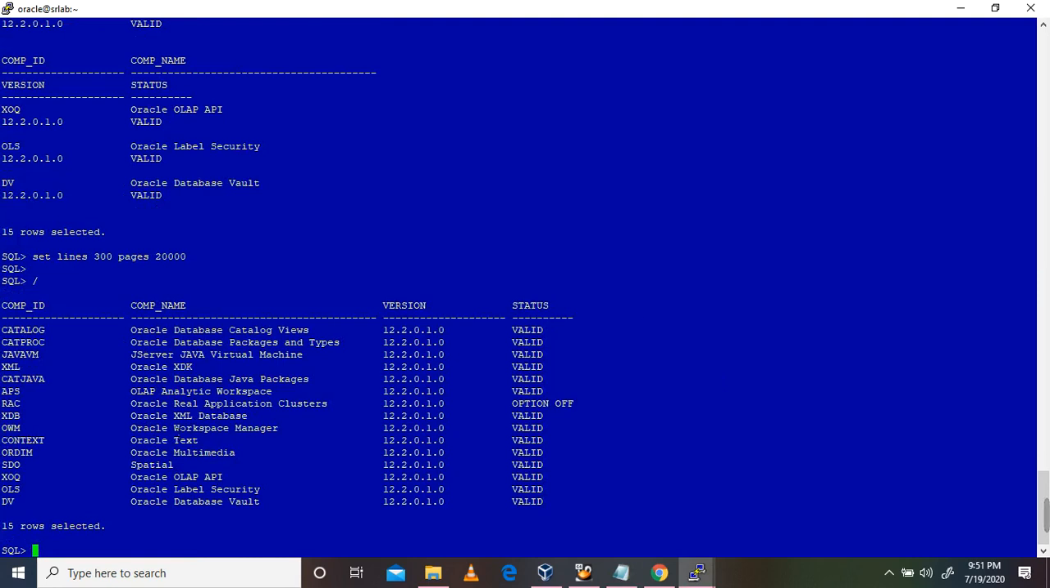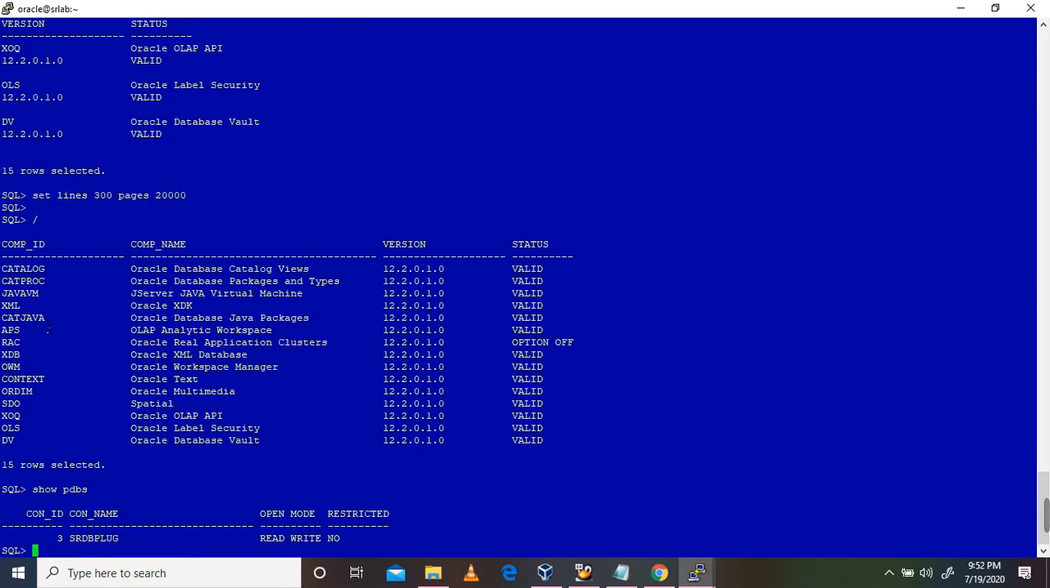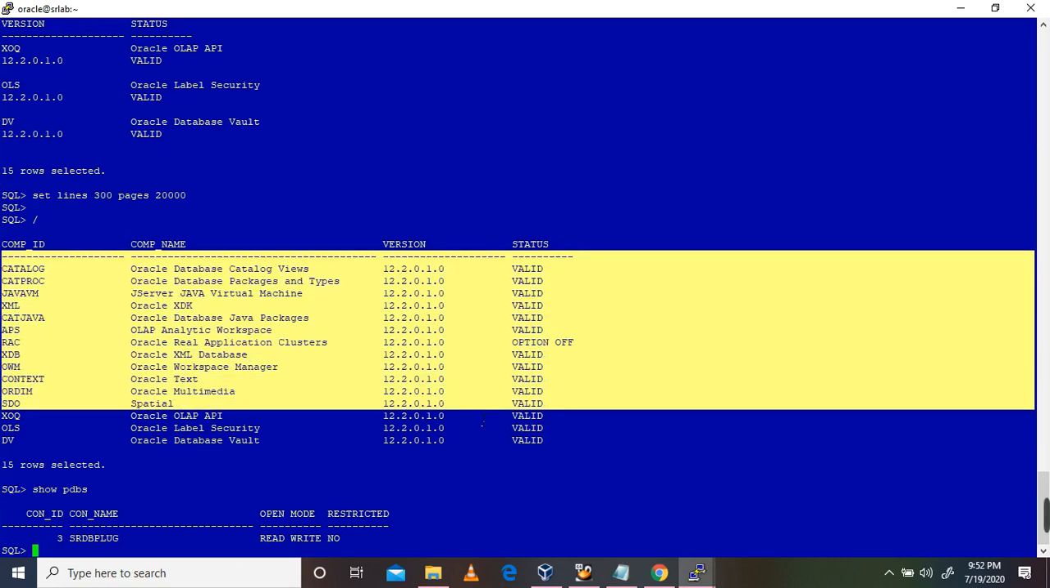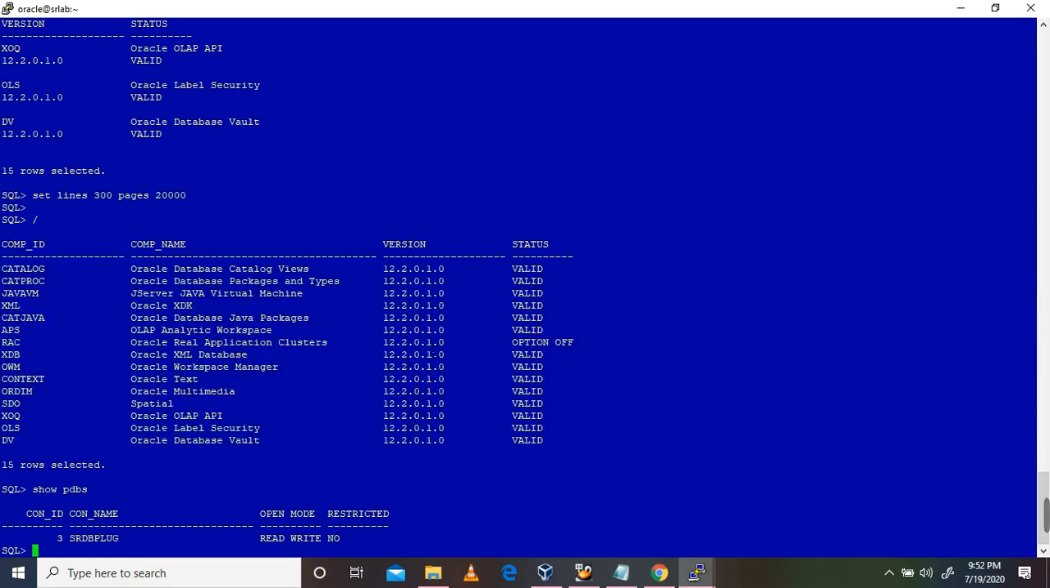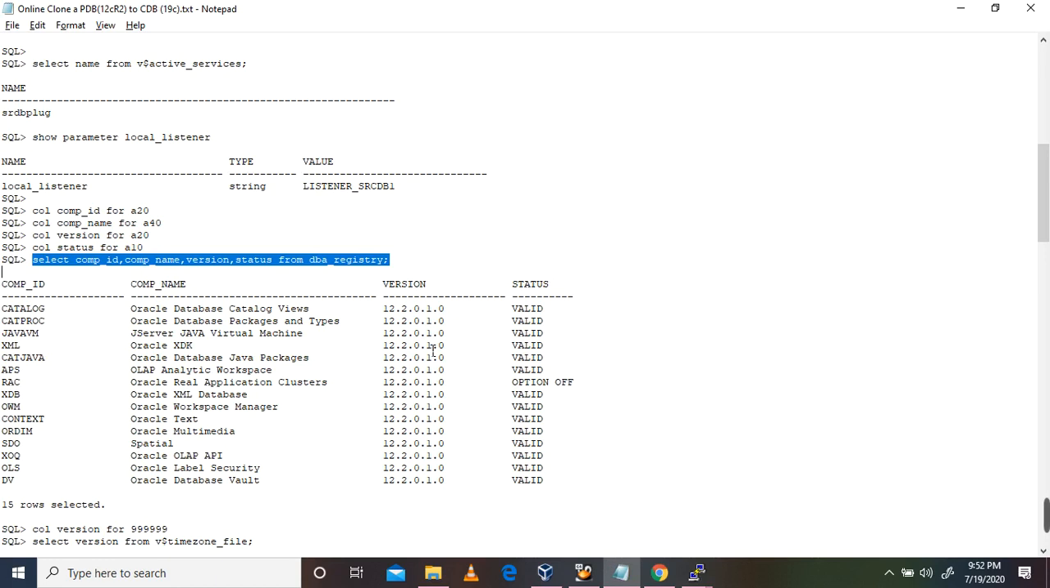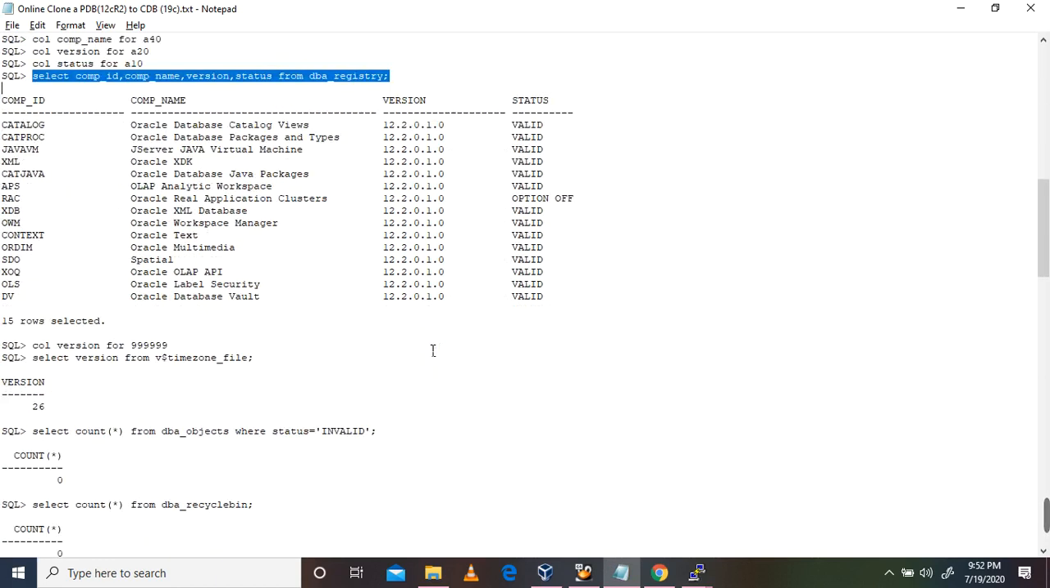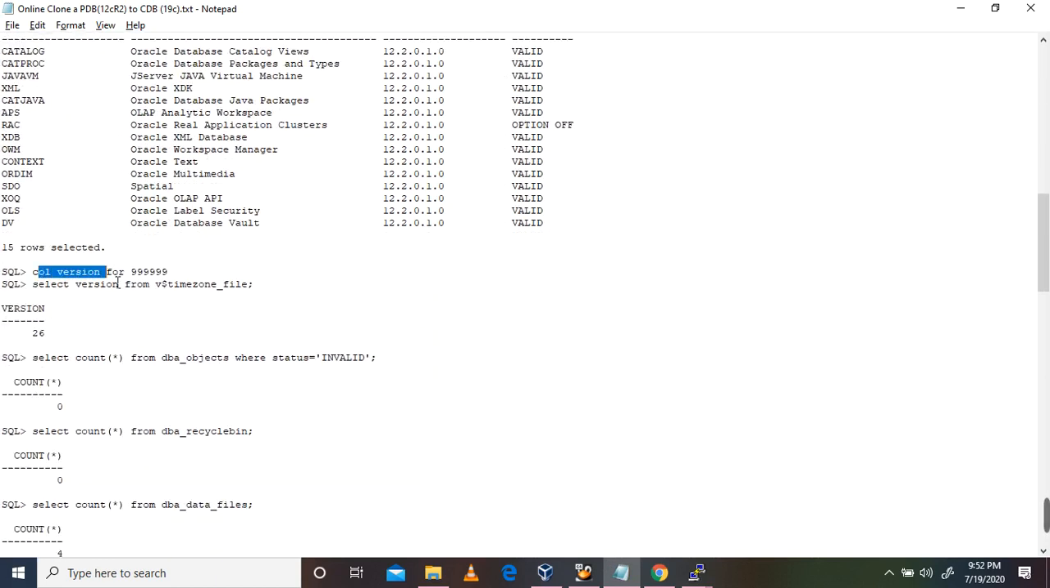So here it is, where it is available, this one it is in pluggable. So these are the components available in the pluggable. This plug only we are going to clone to the target 19C container. Okay, so now we have validated, we have verified the components, and now we need to check the time zone